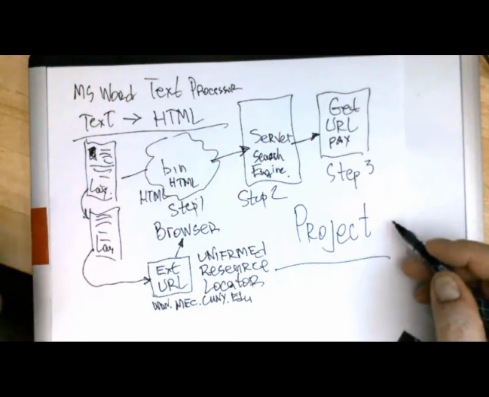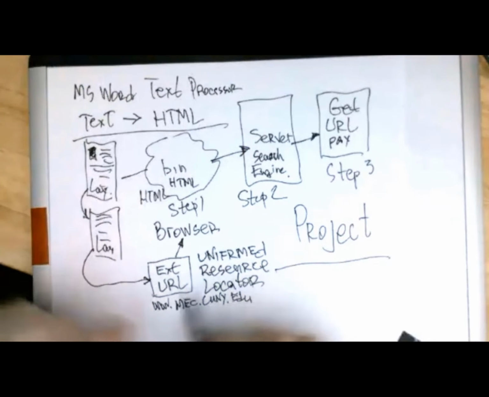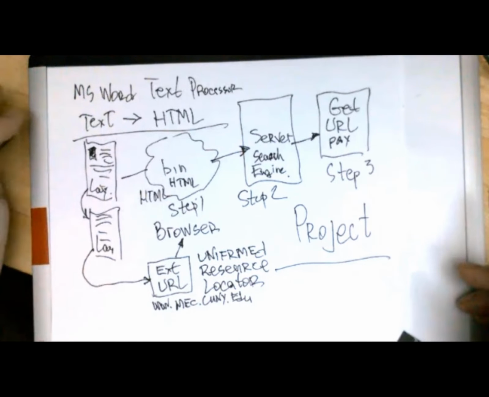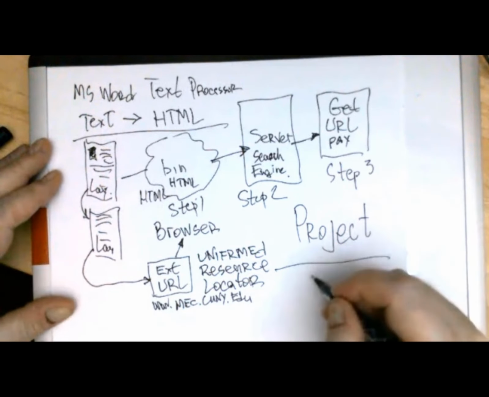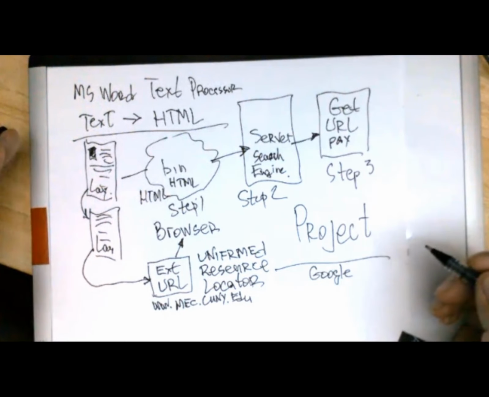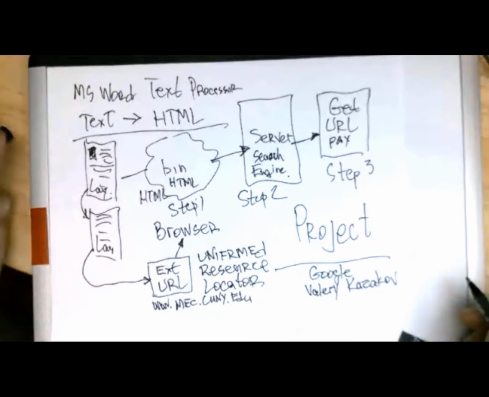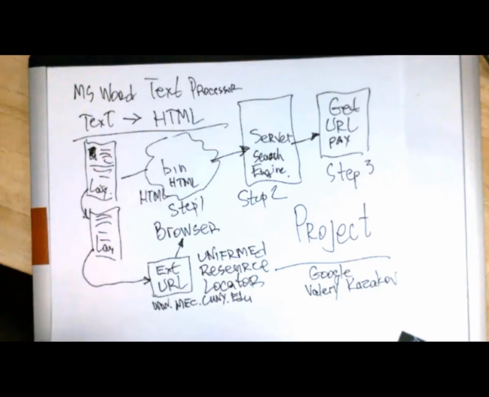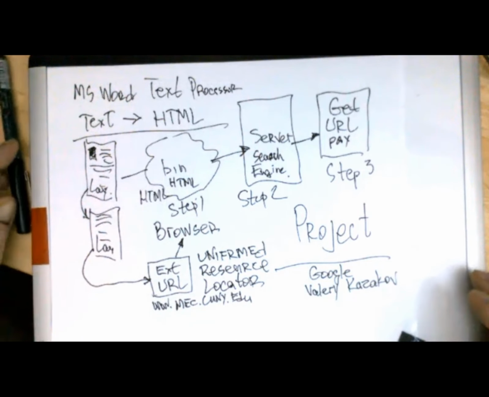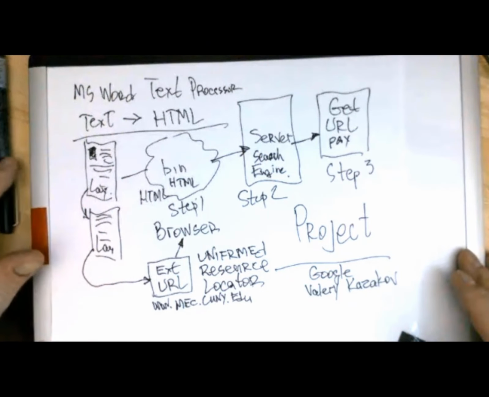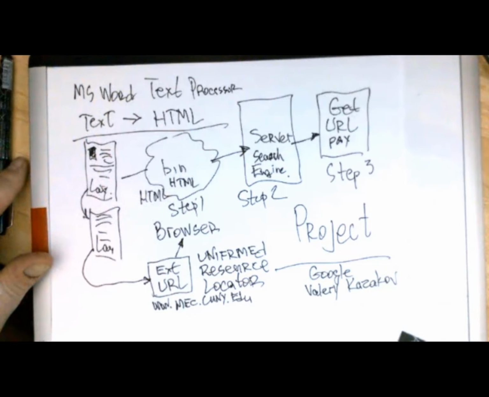What is a search engine doing? If you're totally overwhelmed by the quantity of information that you can get on the World Wide Web, you will ask, for example, the Google search engine: I need to find Valery Kazakov's telephone number. This is my doctor, right? Who is curing my flu. And then I immediately can see Valery Kazakov, Bronx, telephone number, and so on. This is the Boston Road address, and the time the doctor's office opens, the time it closes, the emergency number, and so on.